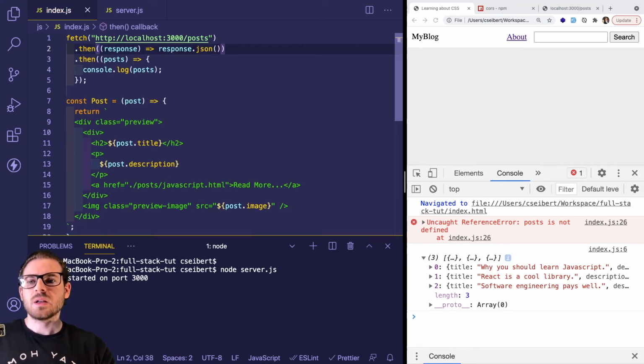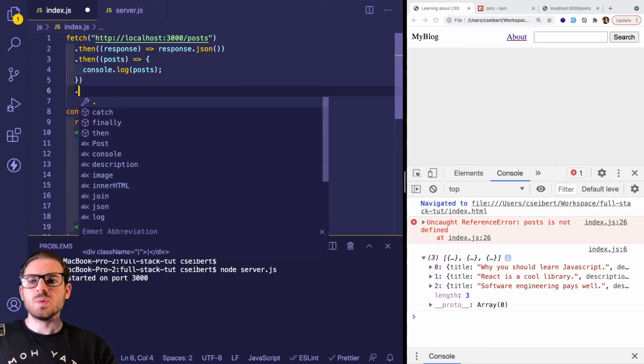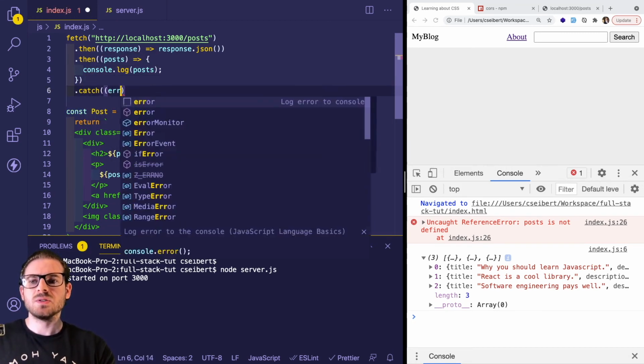By the way, something I don't think I talked about: the fat arrow function, if you just write it without curly braces, is going to return whatever value it happens to execute. So this function is just going to return the JSON array, and then this .then chain is going to basically print it out. Quick thing I want to talk about, there's also a .catch function that you can use,